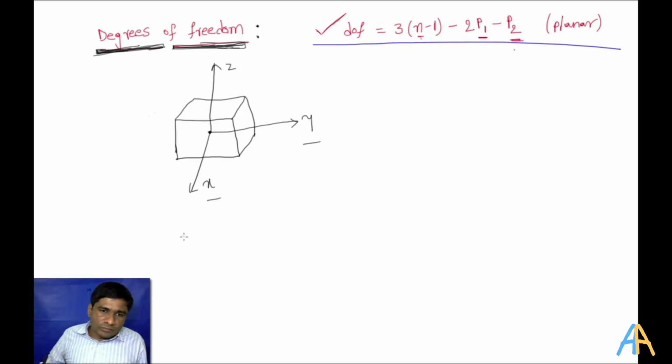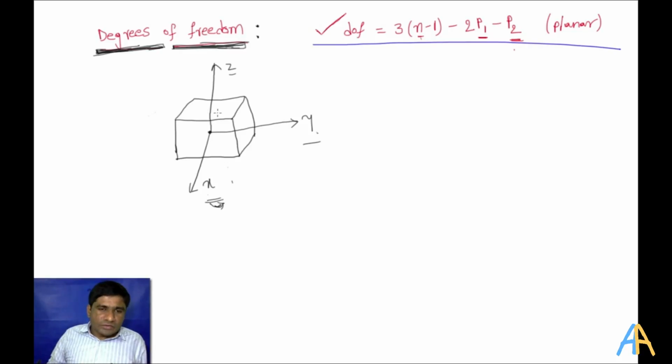So for example, my right hand is going from x to y axis. If I go from x to y axis, this thumb indicates the z axis. But if you consider x here and y here, then automatically z goes in the downward direction. So we always stick to this right-hand thumb rule.